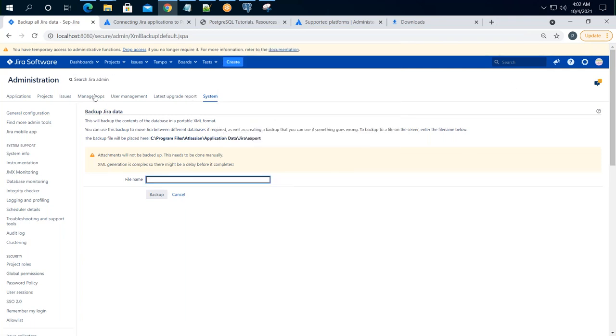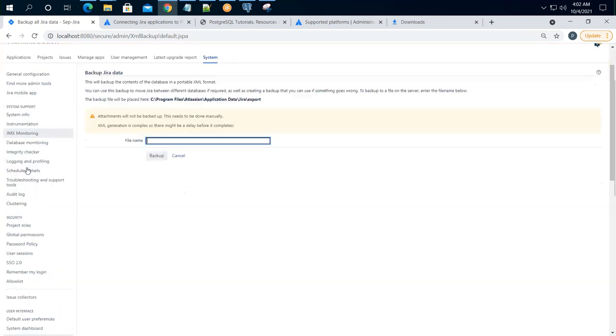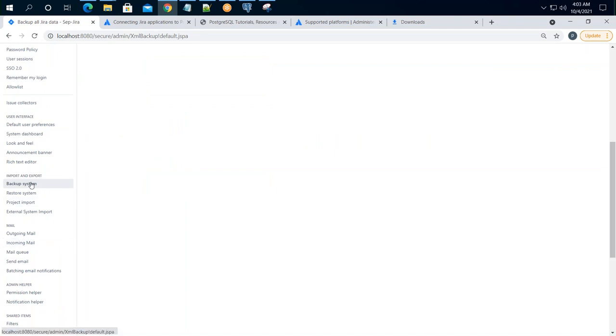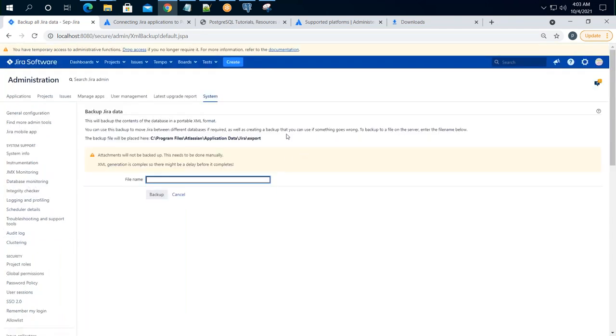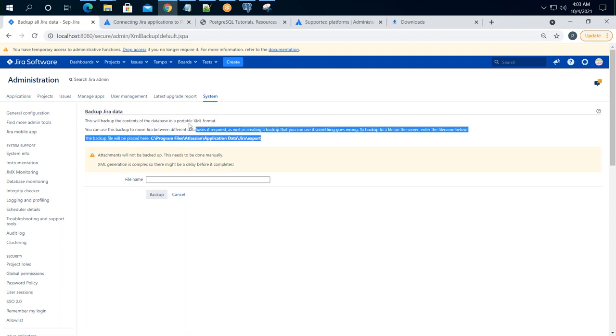Under the administration page, if I come down here to import and export and click on it, there is backup JIRA. If I click on this option, it will back up the XML data, that is all the data which is available in our JIRA. Okay, now what I will do is